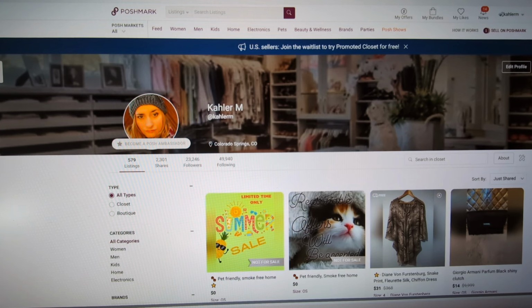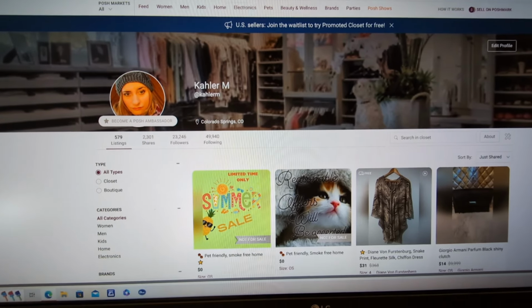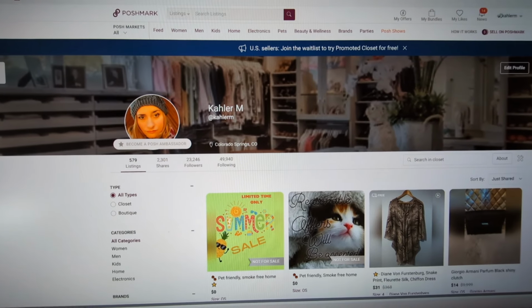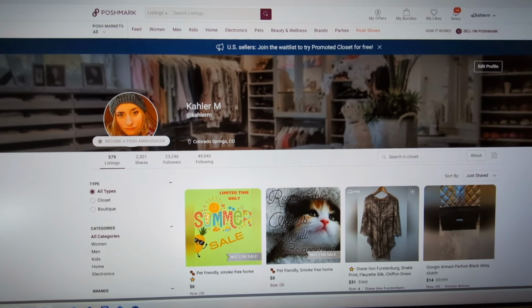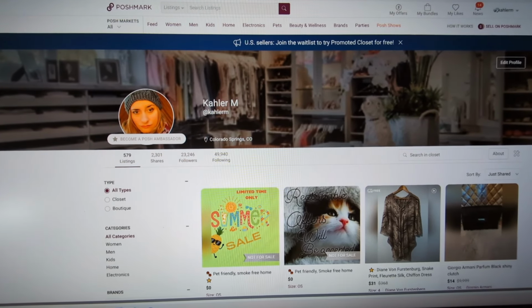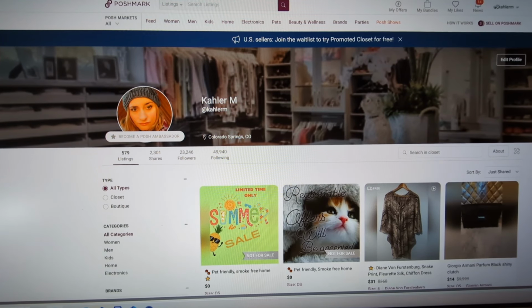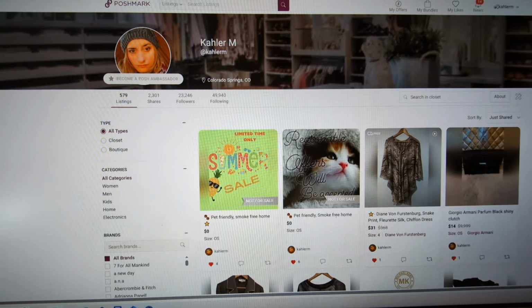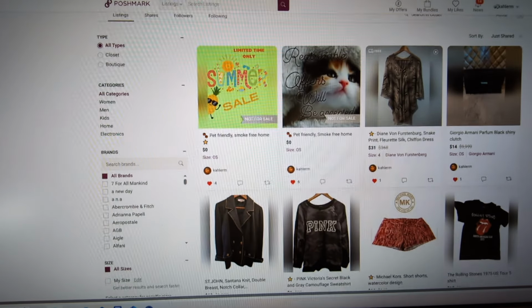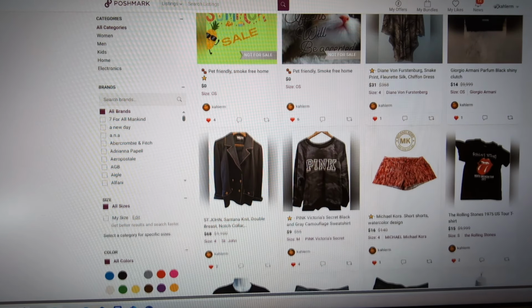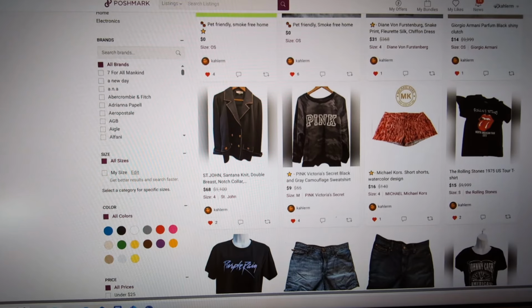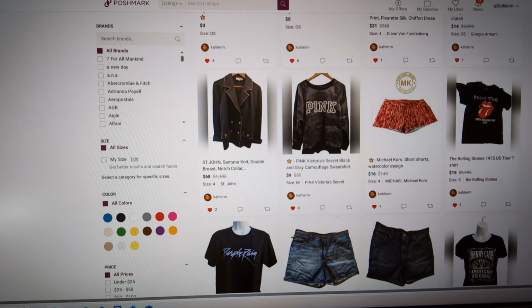I'm going to see if I can do this on the computer. I've never done it on the computer, so let's see if I can. This is something else I learned from these six-figure resellers. They don't relist by deleting it and making a brand new from scratch listing. What they do,